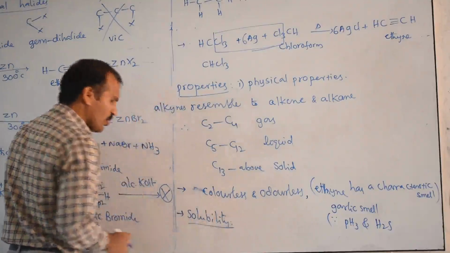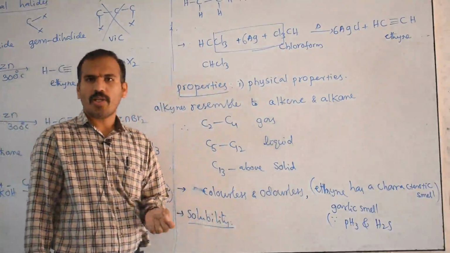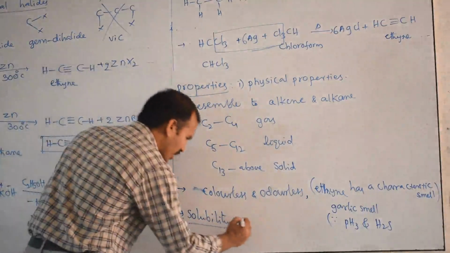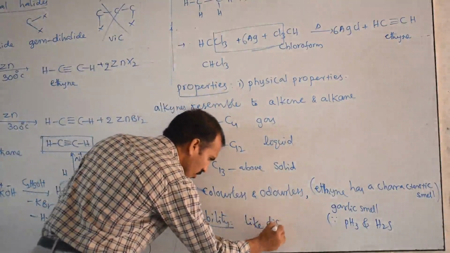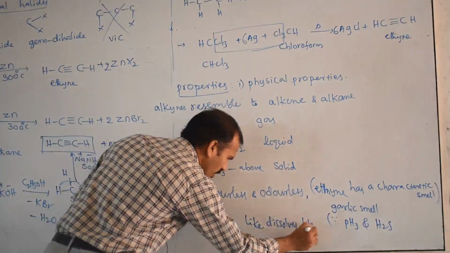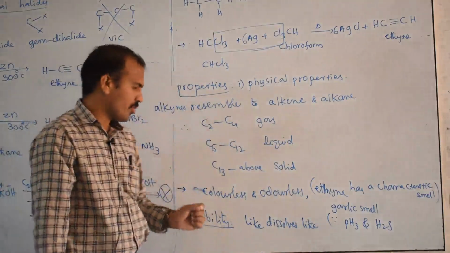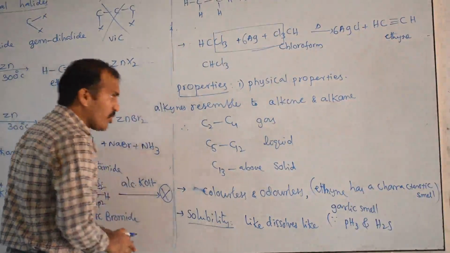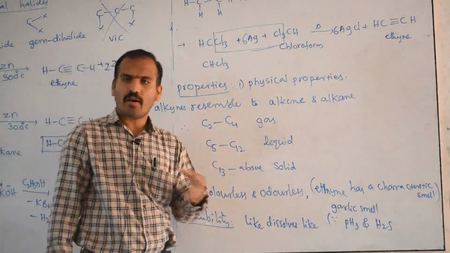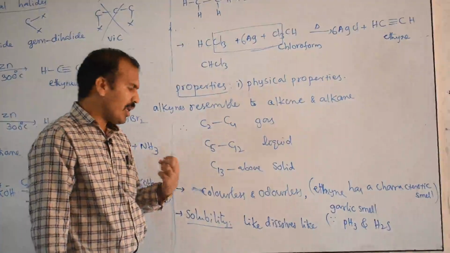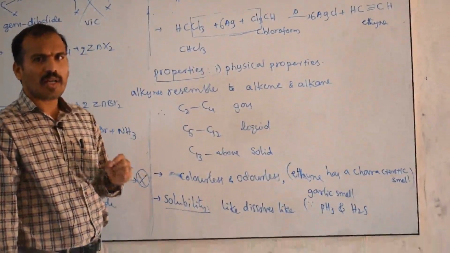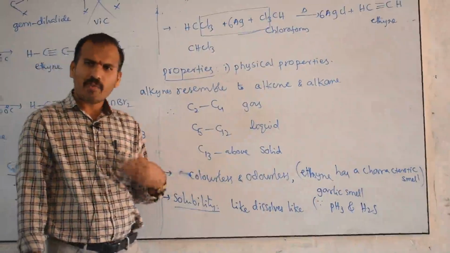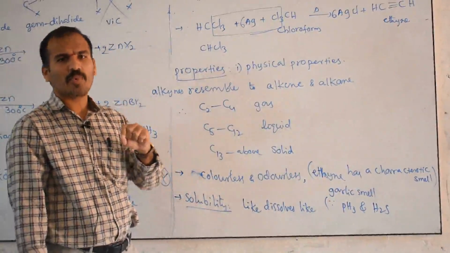Every chapter is the same: those that are polar are soluble in the polar solvent, and those that are non-polar are soluble in the non-polar solvent. Therefore the statement is "like dissolves like," meaning polar compounds dissolve in polar solvents, and non-polar compounds dissolve in non-polar solvents. So now we know that alkene, alkane, alkyne, all hydrocarbons are very less polar, therefore they are insoluble or immiscible in water, because water is polar and these are non-polar. These do have some polarity, but it is very little.